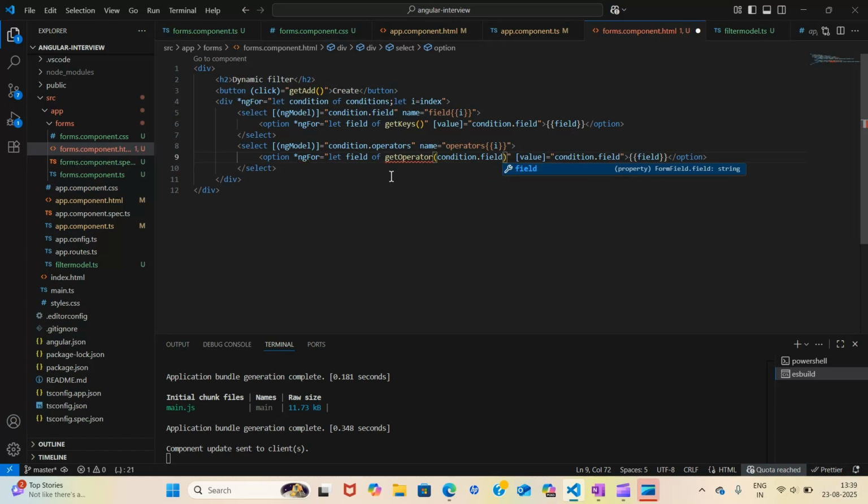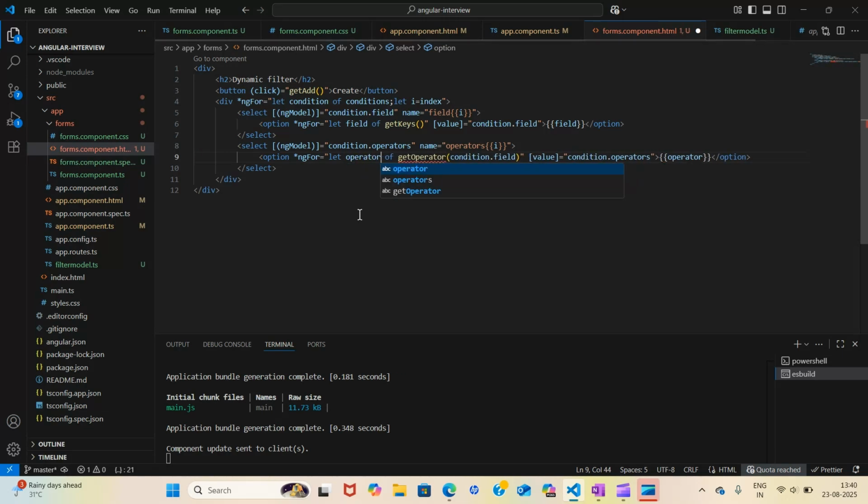So now my Angular knows that this particular field is selected, and I want to display this field's value, the array of the operators. Okay, and here also instead of field, I want operators, and here it should be operators operator, and I will change this to operator.